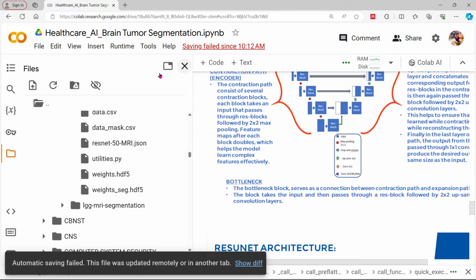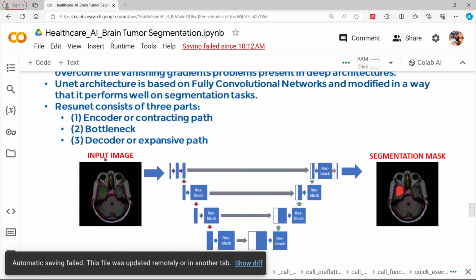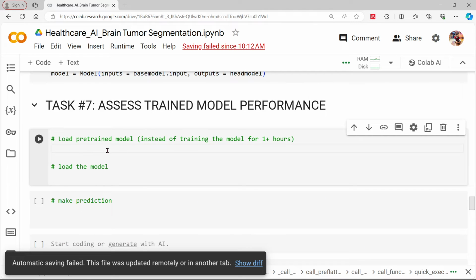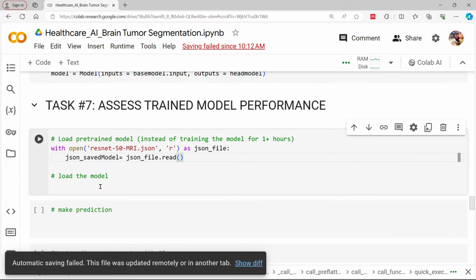It will be importing the same model, same file, where we are going to be able to load the pre-trained model. Instead of training the model for more than 1 hour,